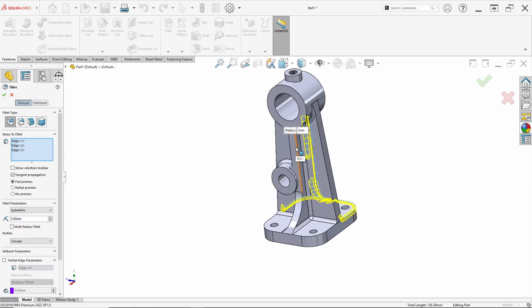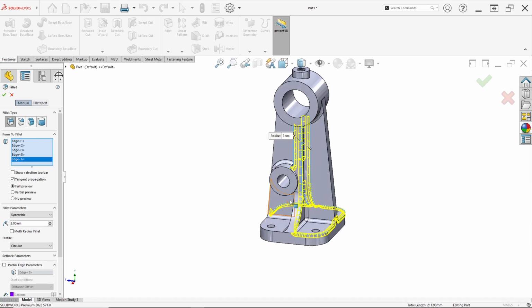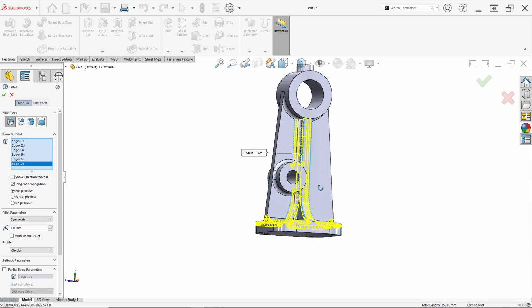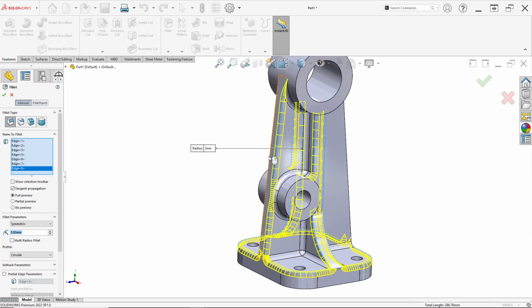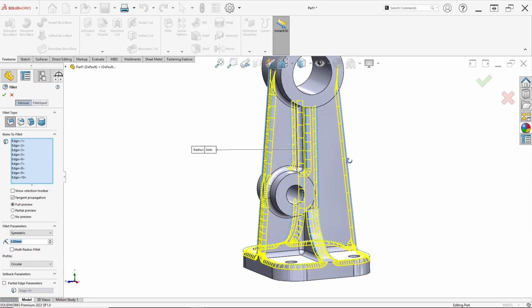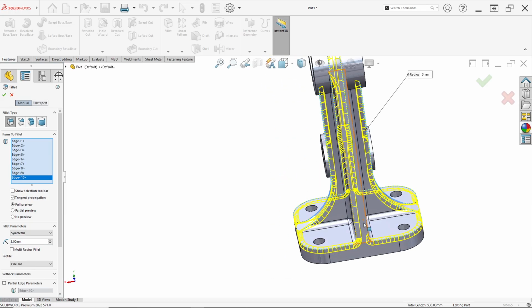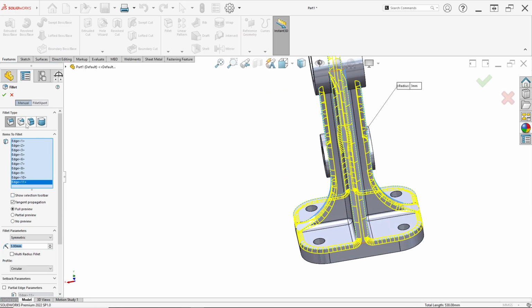And here like this edge, and this edge. And here click this edge, this edge, this edge, and this edge.